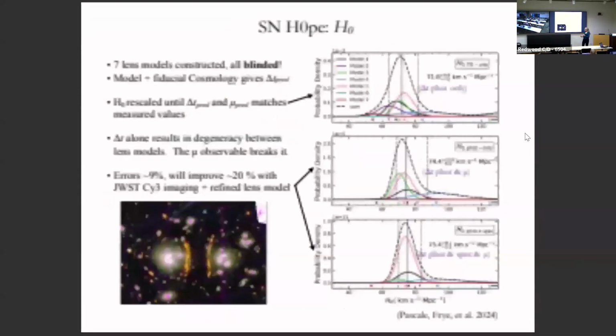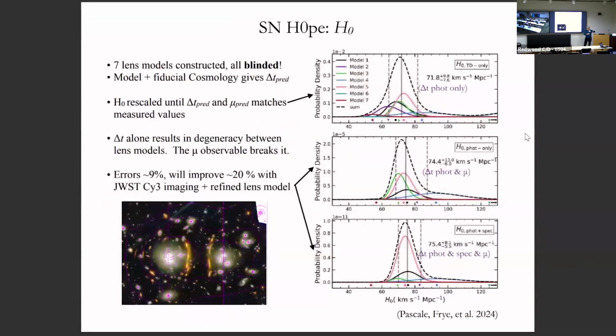Last thing. Okay, so we reached out to the whole lensing community, tried to commission as many different families and approaches of lens models as possible. I didn't know there were 7 or more lens models, but we got them. We blinded them all from each other and from the photometry and from the spectroscopy. And I worked really hard at policing that for several weeks. And then we gave them a uniform set of lensing evidence. We gave them identical cluster member sets, fields of view, and fiducial cosmology.